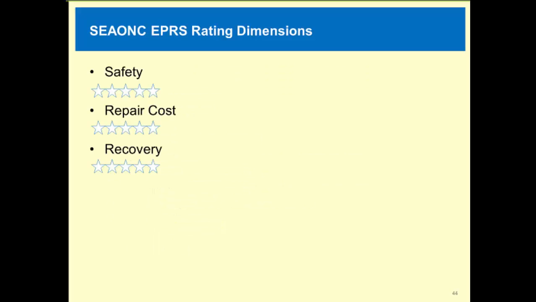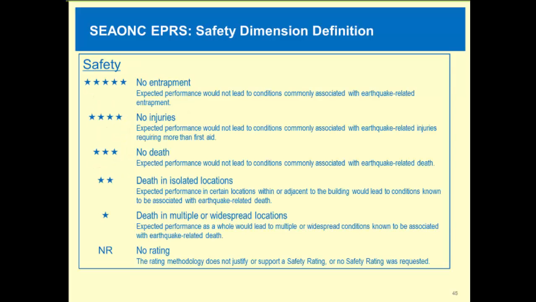So overarching, Doug went through all this. The rating is composed of 3 separate categories. The EPRS is safety, repair cost, and recovery. And you can get up to 5 stars in each of those categories. So now we'll jump into safety specifically. Just to reiterate,